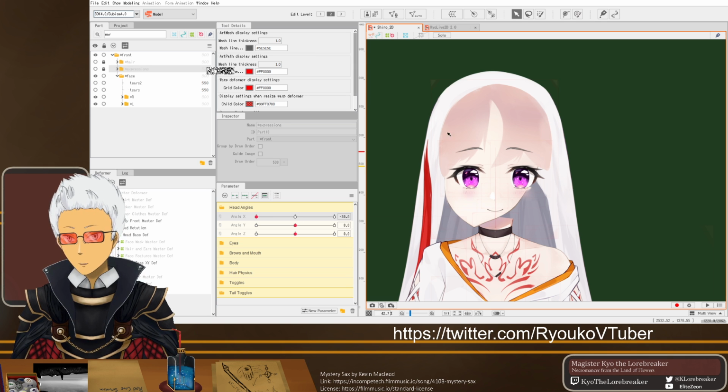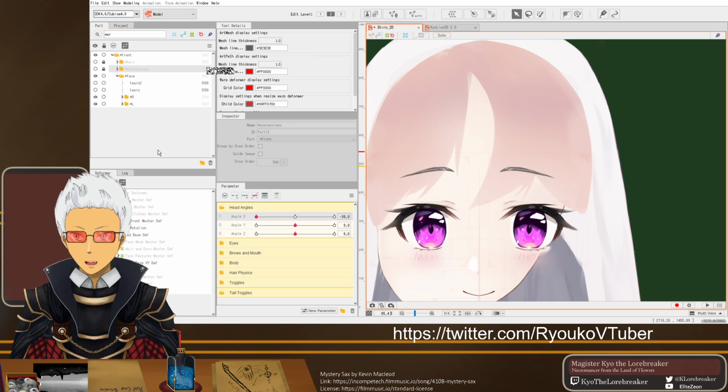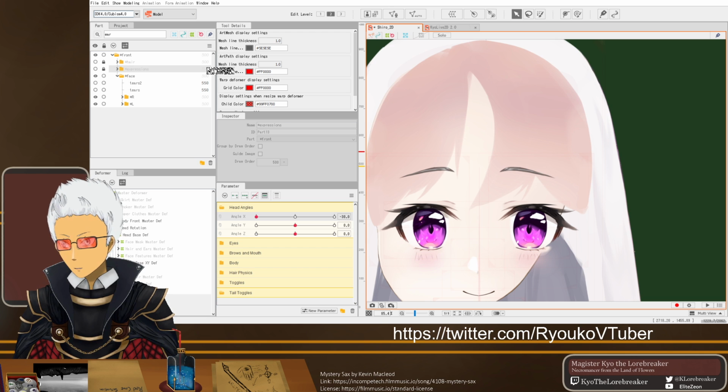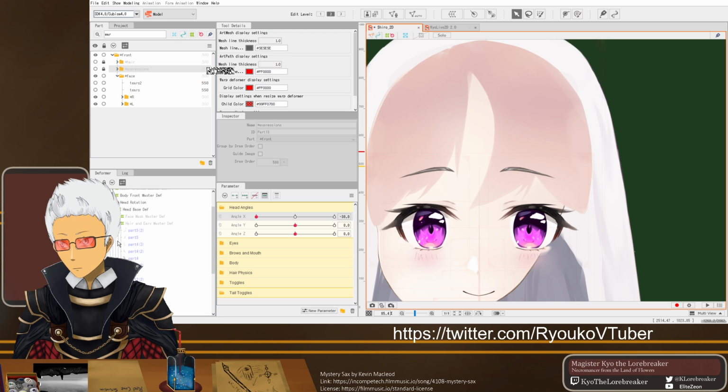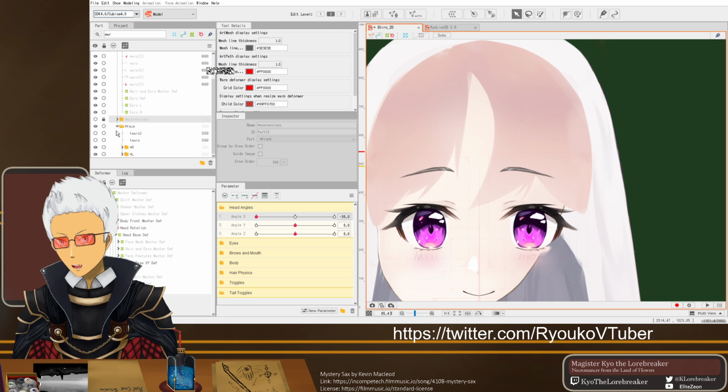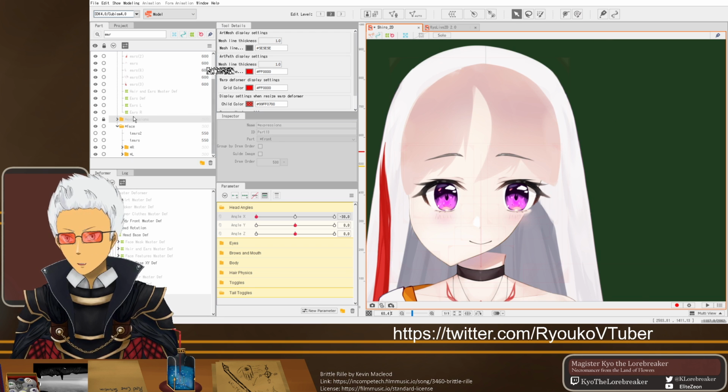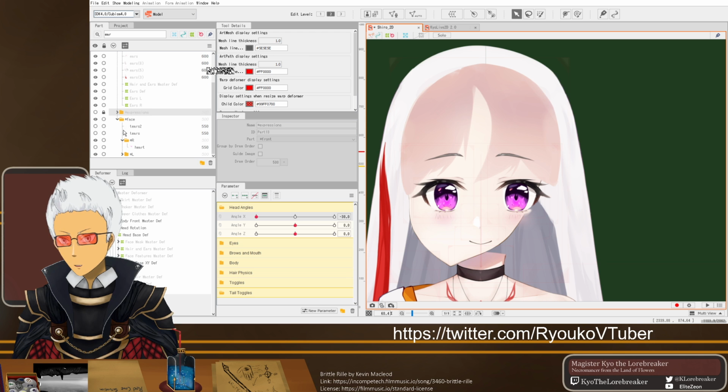And let me turn off, this right here is her hair shade. Let me turn that off as well so I can get a good look. As soon as I can find it. I spent a few hours last night and the night before just trying to figure out where everything is, and I already forgot where the artist put everything. Oh, hold on, that's why. I had a filter on.